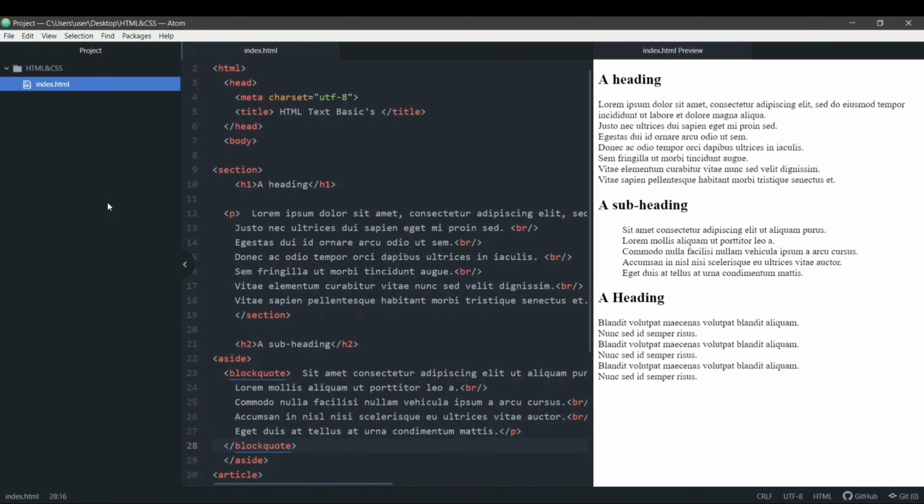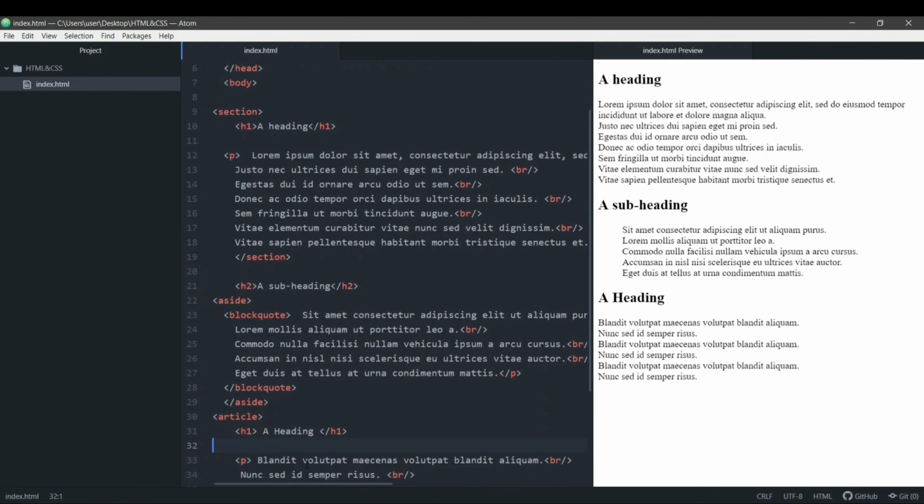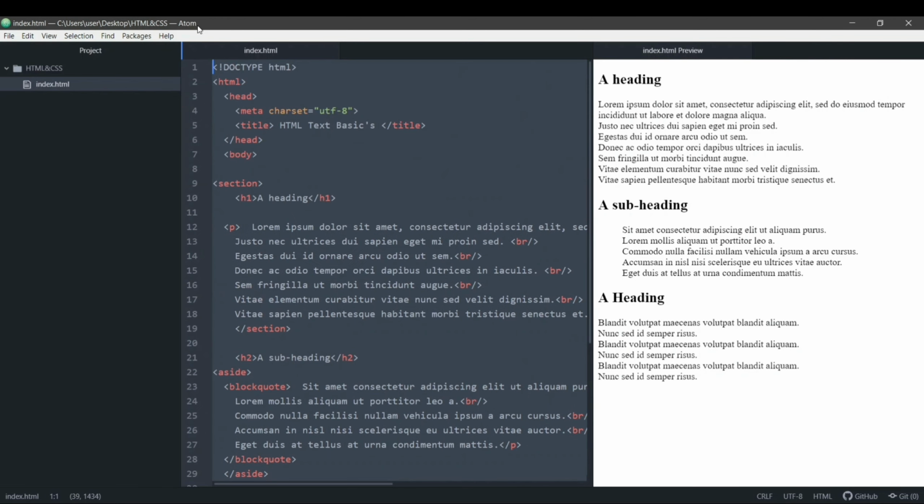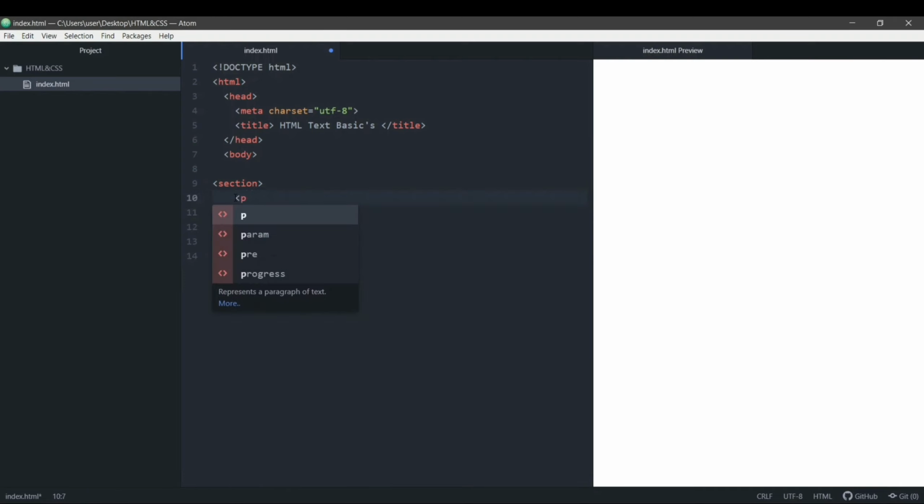Now we'll see a few tags that are related to structuring or formatting our normal text and adding a few styles to it. Let's delete all of this. Now let's add a normal paragraph and a text inside it. This is a text. We'll close off this p tag. Now you can see that this is how our element appears in HTML. This is how it looks, normal text.